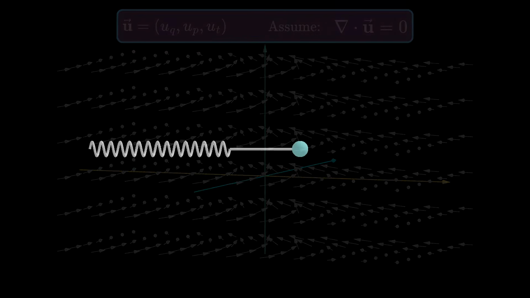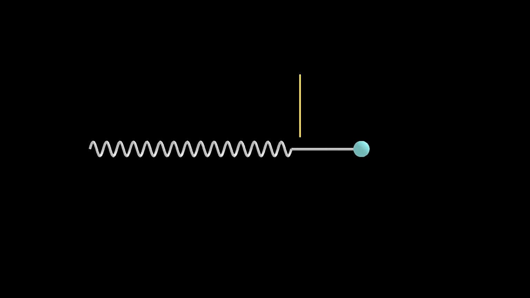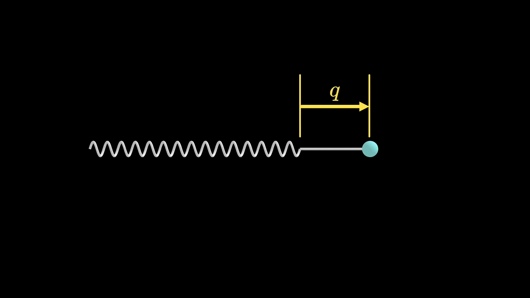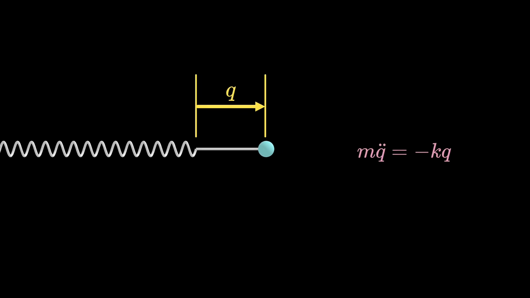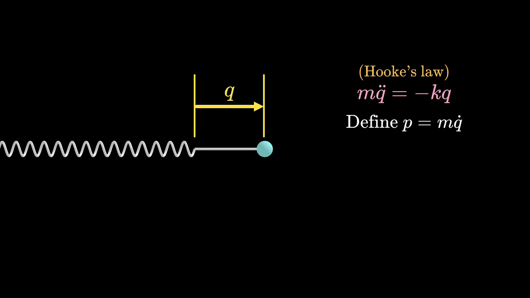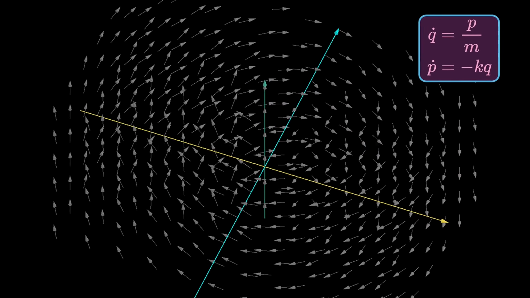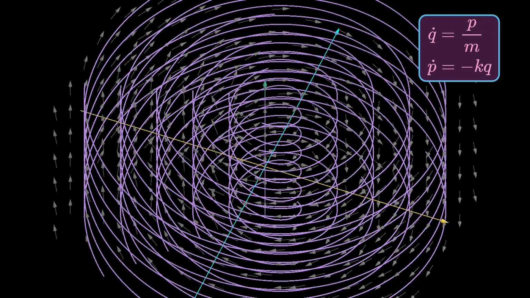Let's use the mass spring system to get a feel for how all these play out in an actual physical system. Here, q denotes the extension of the spring from its equilibrium position, which obeys this equation by Hooke's law. The momentum p is mass m times velocity q dot, which allows us to break down the original second-order equation into a set of two first-order equations. These equations tell us how states evolve in the extended phase space, which look like a bunch of upward spirals. So visually, the associated vector field u is divergence-free.